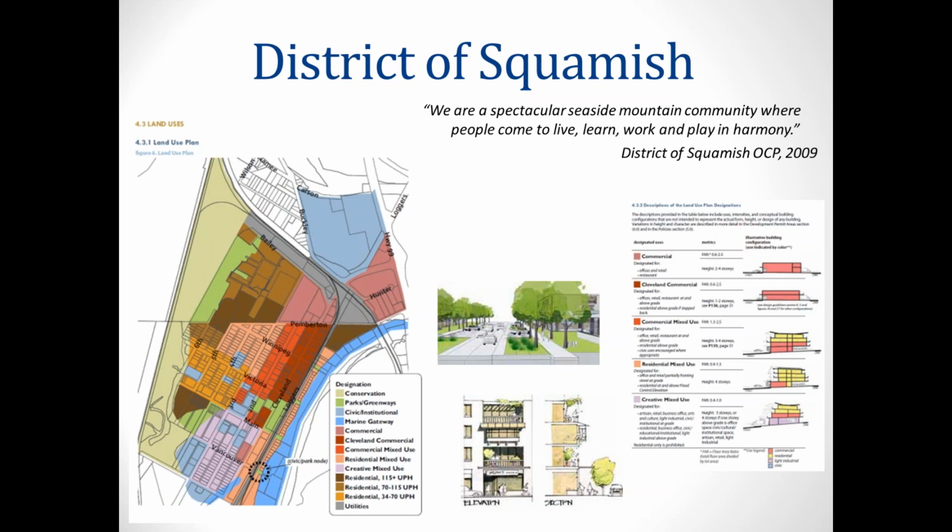within their official community plan, they really bolstered that they're a spectacular seaside mountain community where people come to live, learn, work, and play in harmony. I think that really highlights what we're talking about here in the Healthy Built Environment Linkages Toolkit. Squamish was an old resource town, and it's undergoing this transition. And so they're really trying to identify their natural assets and showcase them, and making it a destination for tourism